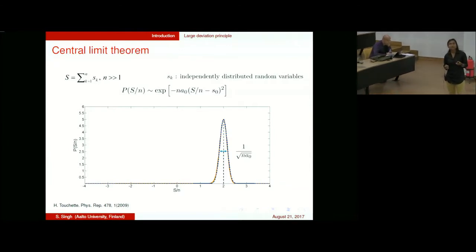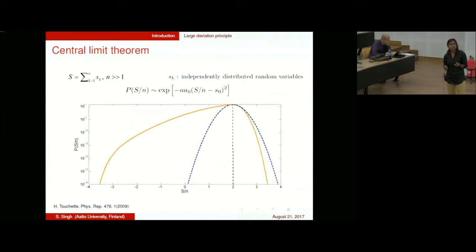So here in this part, what I'm taking is that Sx is my independently distributed random variable, and then I'm summing over all the Sx for n number of them, so I'm taking n number of this Sk and making a summation over them. And when I take this average and plot it, it looks something like this yellow curve. So yellow is basically what we get when we take n number of random variables and plot this